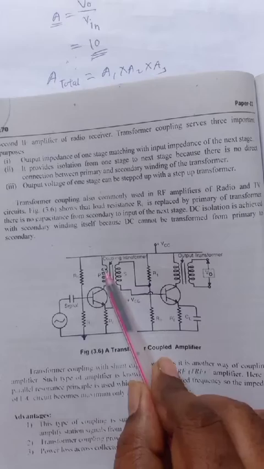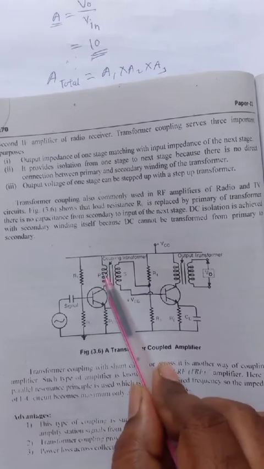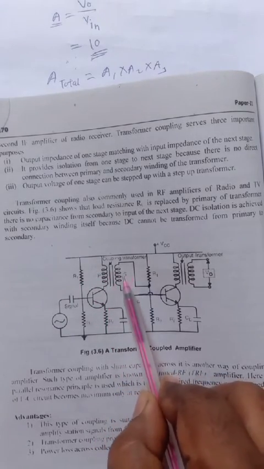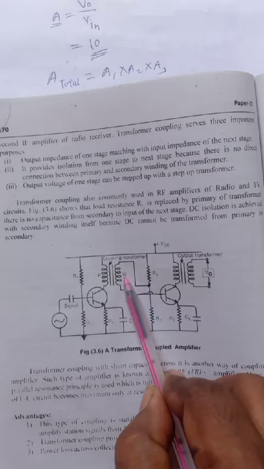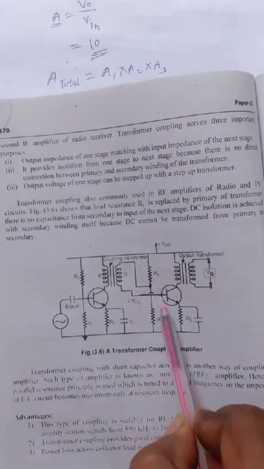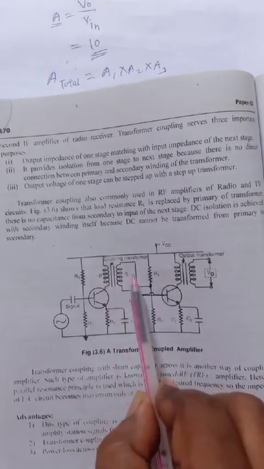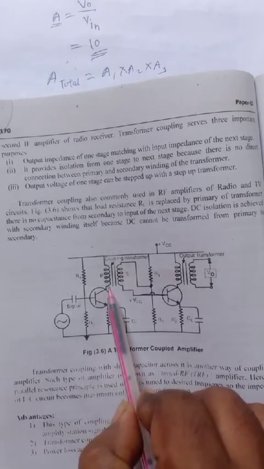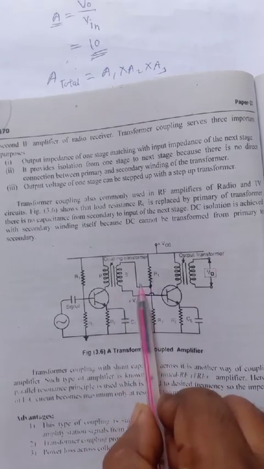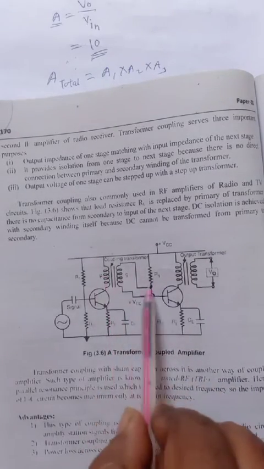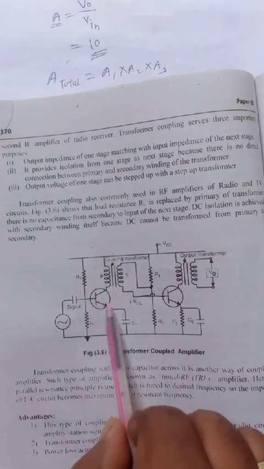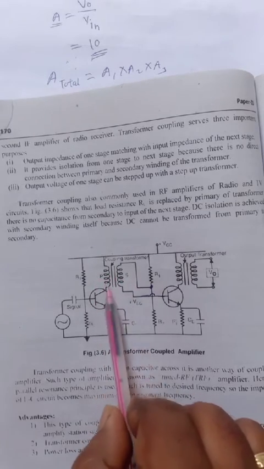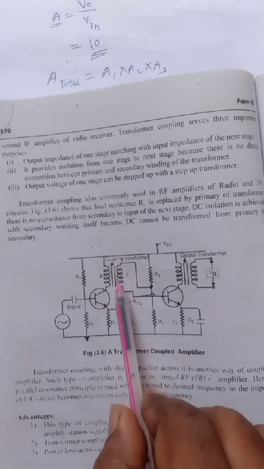Whatever voltage is developed at the collector, because it is just like an inductor, it only gives opposition to AC. So if AC is developed here, then because of the transforming action, some voltage is developed at this point, and this is given to the input of the second stage. If you observe here, there is no connection between the primary and secondary, no connection between the output of this first stage and the input of this second stage, so therefore there is no loading. If you connect them to each other, then it loads the previous one, so there is no loading effect, we can say that.